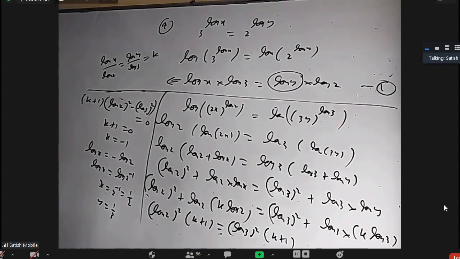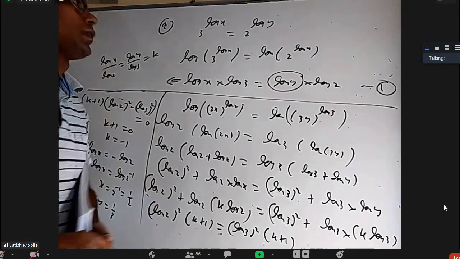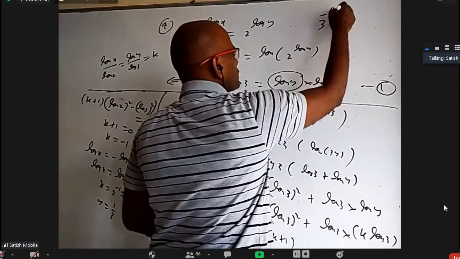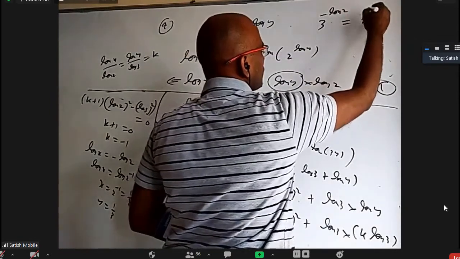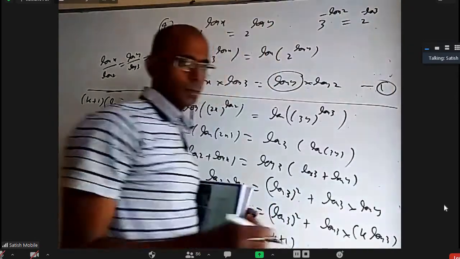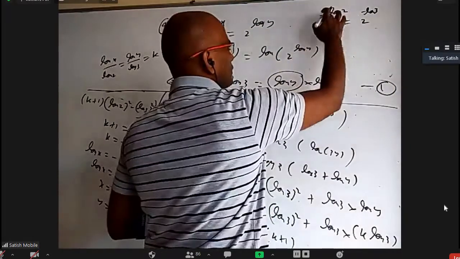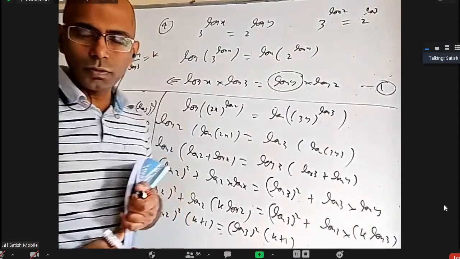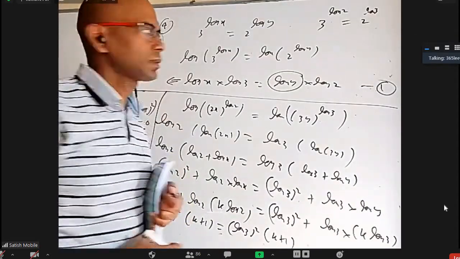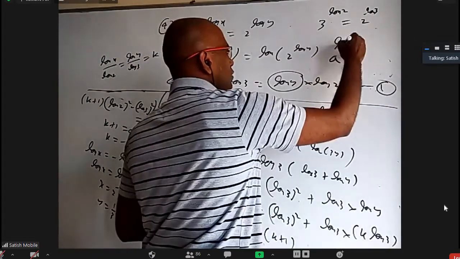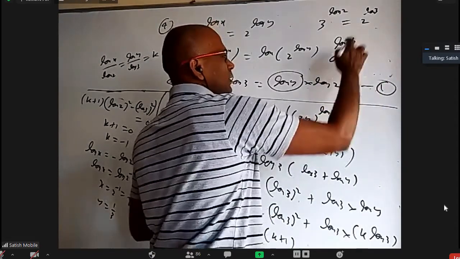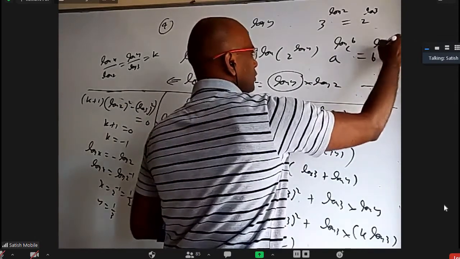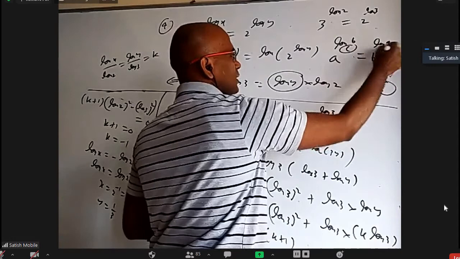What about the second equation? When you put x as 1 by 2, y as 1 by 3, what will happen? You will get 3 power log 1 by 2, which is minus log 2, and 2 power log 1 by 3, which is minus log 3. I can cancel the minus, where I can do power minus 1. Is 3 power log 2 and 2 power log 3, are they equal? Yes, sir. What is the formula we have? A power log b base c, you can bring b here, a here, and write b power log a base c. Without changing this base, you can interchange these two.